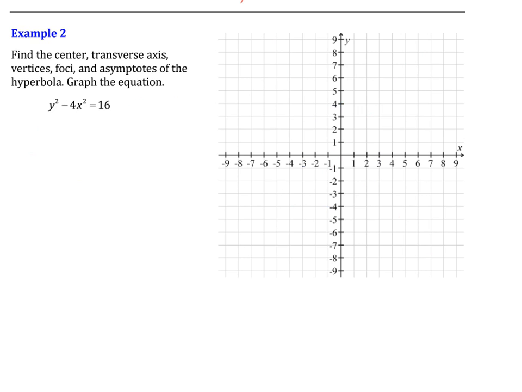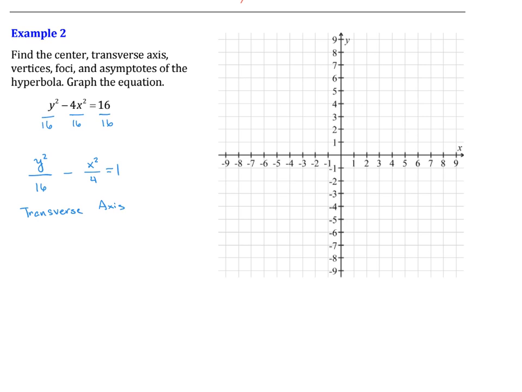Let's look at example 2. Here we have y squared minus 4x squared equals 16. Let's divide everything by 16. So y squared over 16 minus x squared over 4 equals 1. Now this time we lead with y squared, so that means we're going to open up and down. This means our transverse axis is vertical,